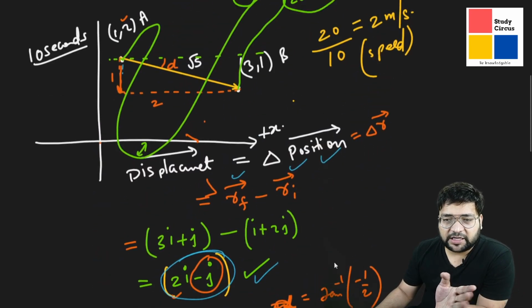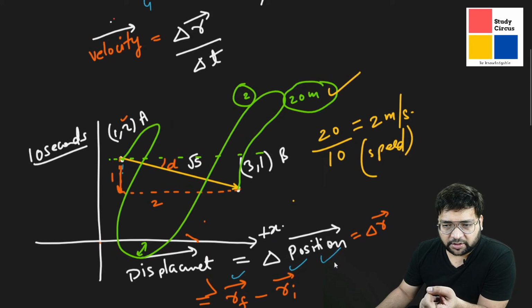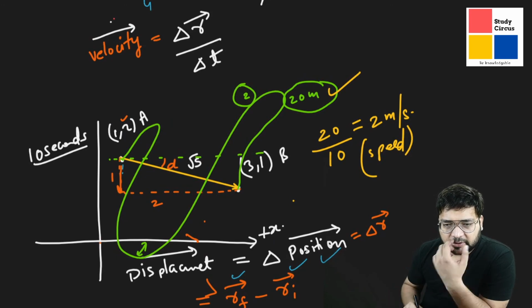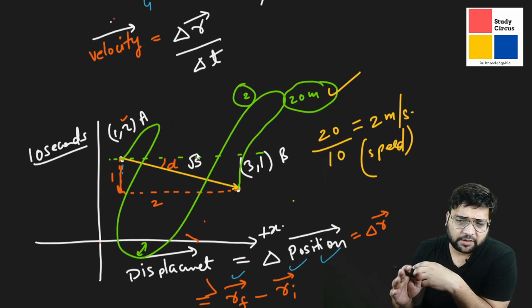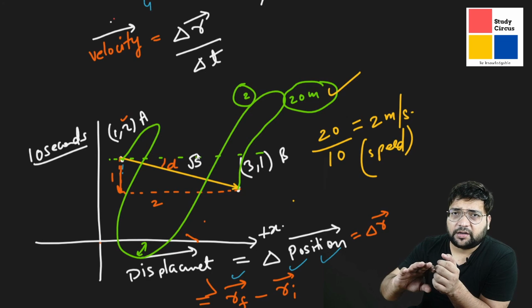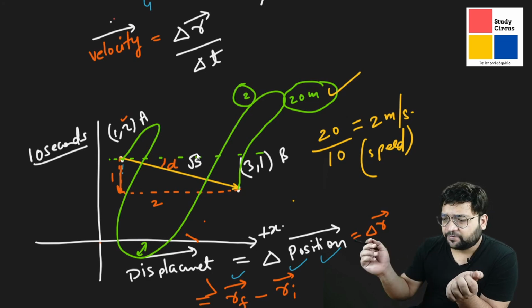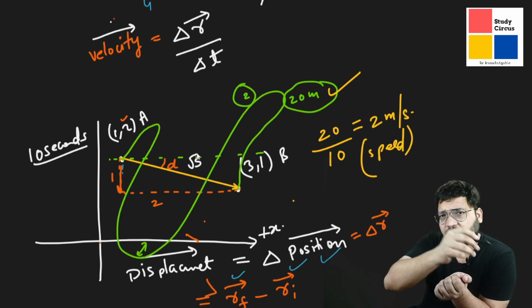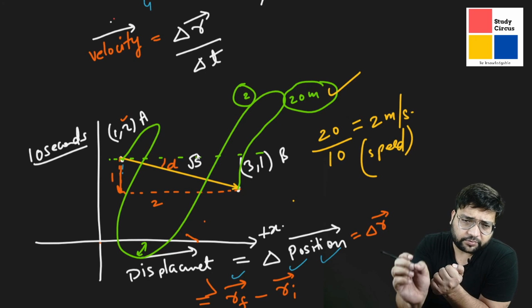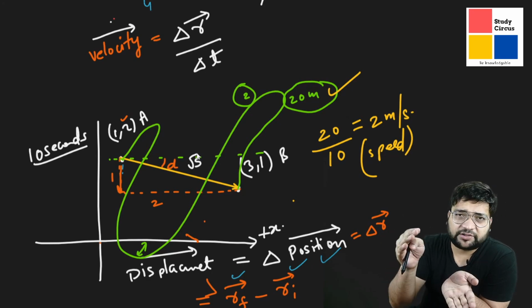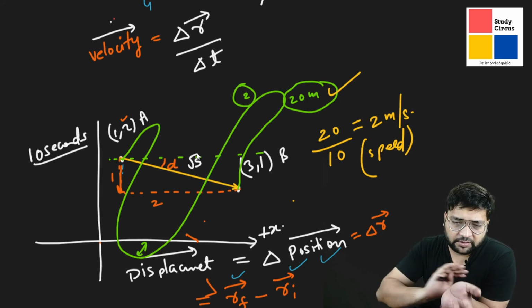Whatever this is, an irrational number, but this is the magnitude of the velocity. It is not the same as the speed. The speed is something else. Speed doesn't have any direction. A fly, if it is randomly going anywhere, the speed is what distance it has traveled in what time interval. That is the speed.